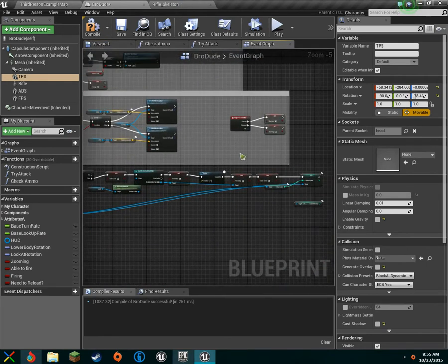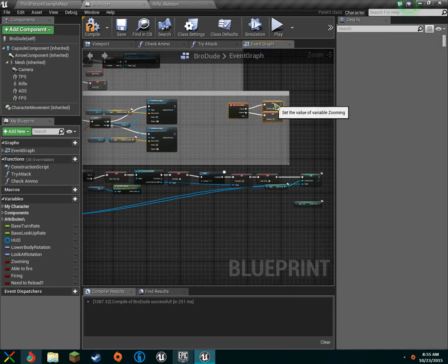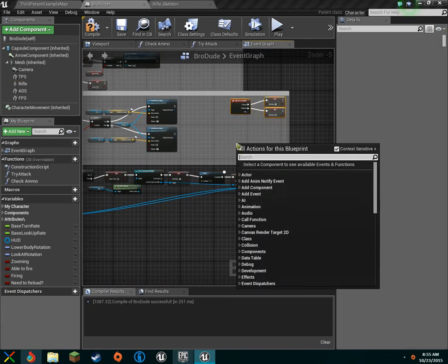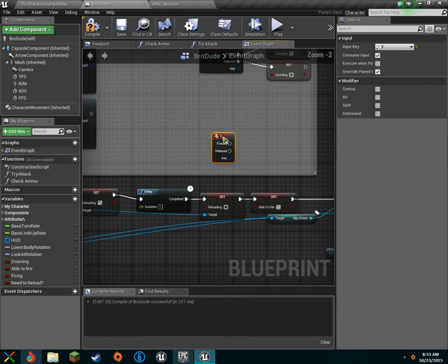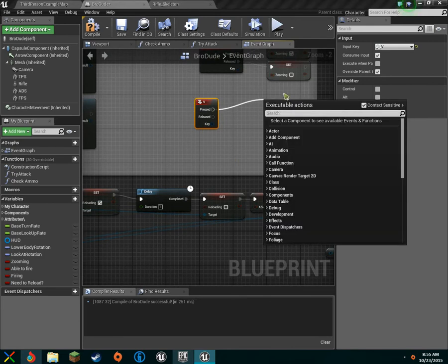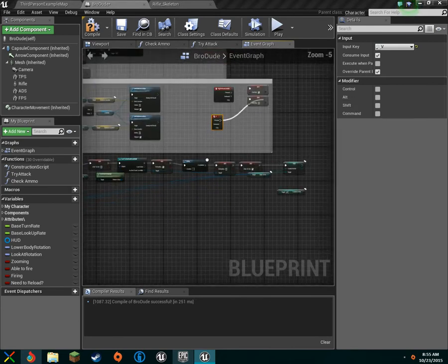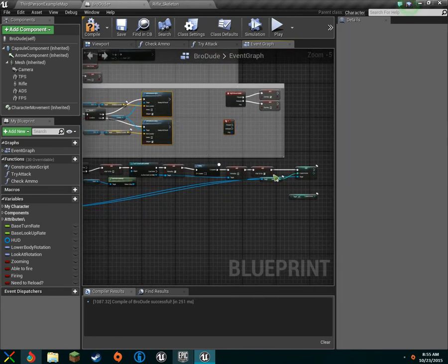Okay, and so we're just gonna real quick add an ability to go third person. A lot of games will do C or V. I'm gonna have C as an alternative for crouching. Control and C are gonna be my crouching, but I'm gonna have that as an alternative. So it's gonna be V. So on V pressed, we're going to